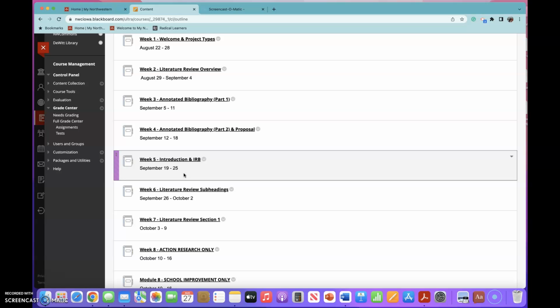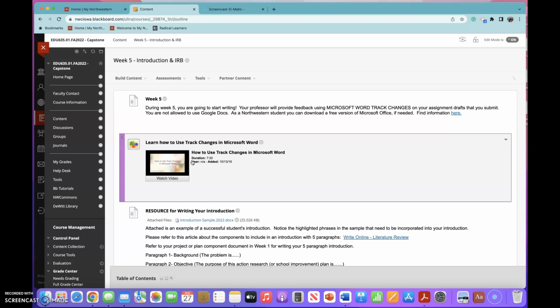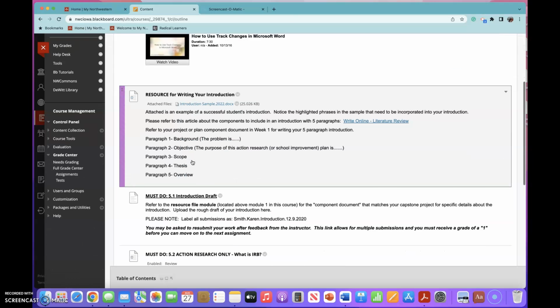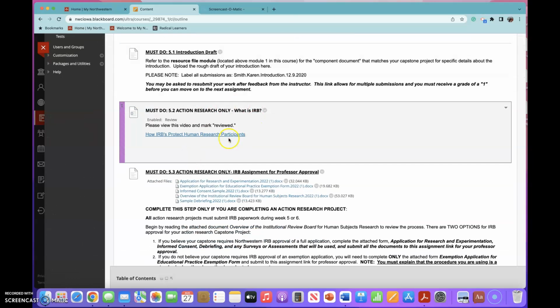So as you begin to write that introduction, because in week 5 is when those that are doing action research are going to be applying for the IRB approval. That is only for those that are completing action research. It is, however, a very important step, and it does mean that you have to wait for the institutional review